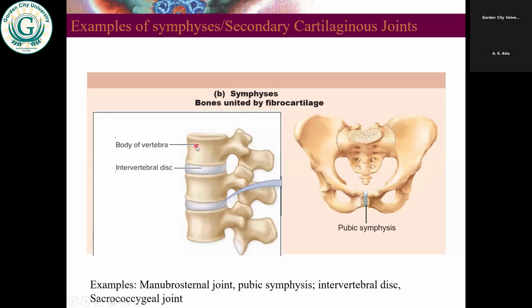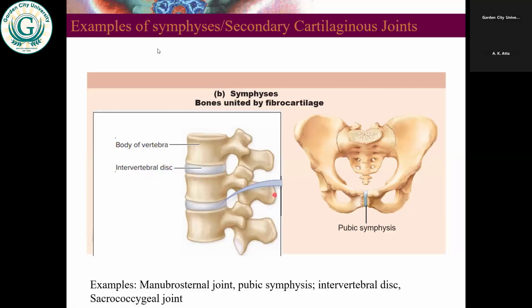Between the manubrium and the body of the sternum, the manubriosternal joint, is also a fibrocartilage. Then between even the sacrum and the coccyx, there's also a